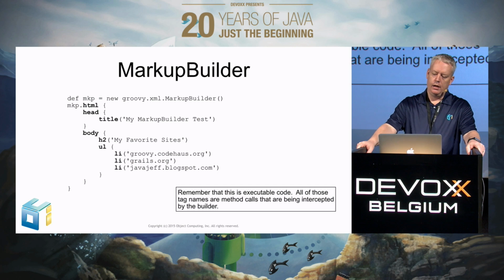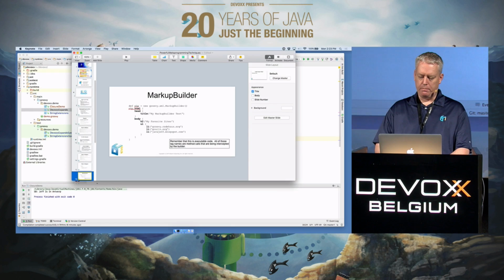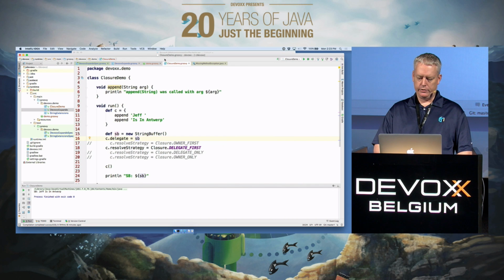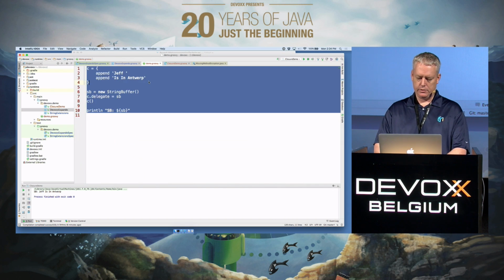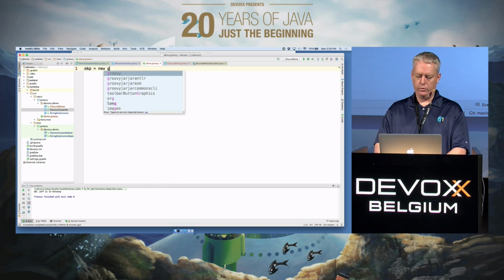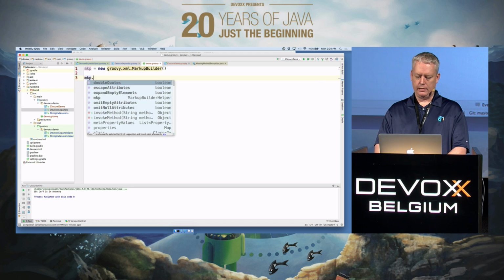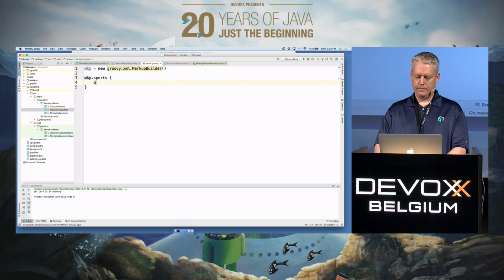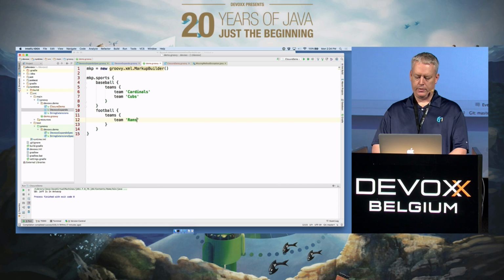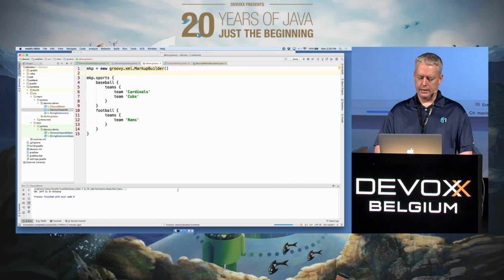Good. So Groovy provides this class called MarkupBuilder, and the MarkupBuilder is a really simple way to create markup. So let's do this. We'll say mkp equals new groovy.xml.MarkupBuilder, and we'll say mkp.sports. All right, and then we need another sport down here. That's good enough. All right, so if I run this now,